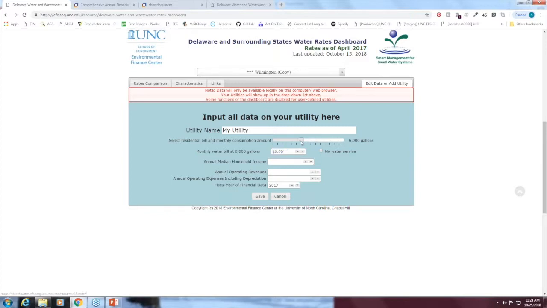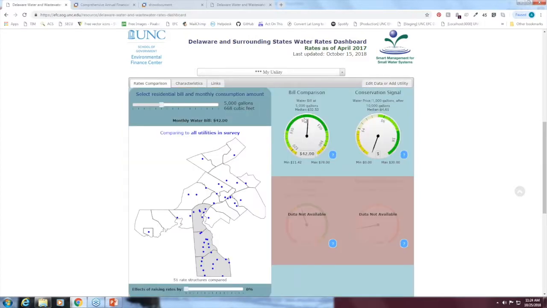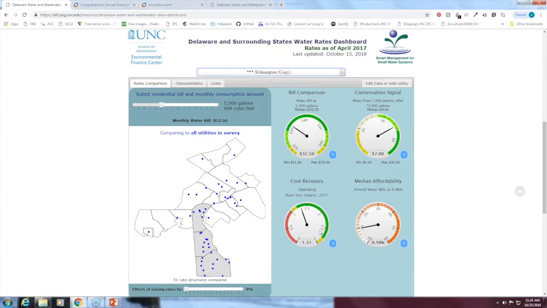So if we have this fake utility that I'm making, 5,000 gallons, I'm just going to put in this. And maybe I'll save that for later. I just want to see how this looks. And this fake utility that I just made, my utility, is falling pretty squarely in the median, which is good to know. So if we go back to our copy of Wilmington here,